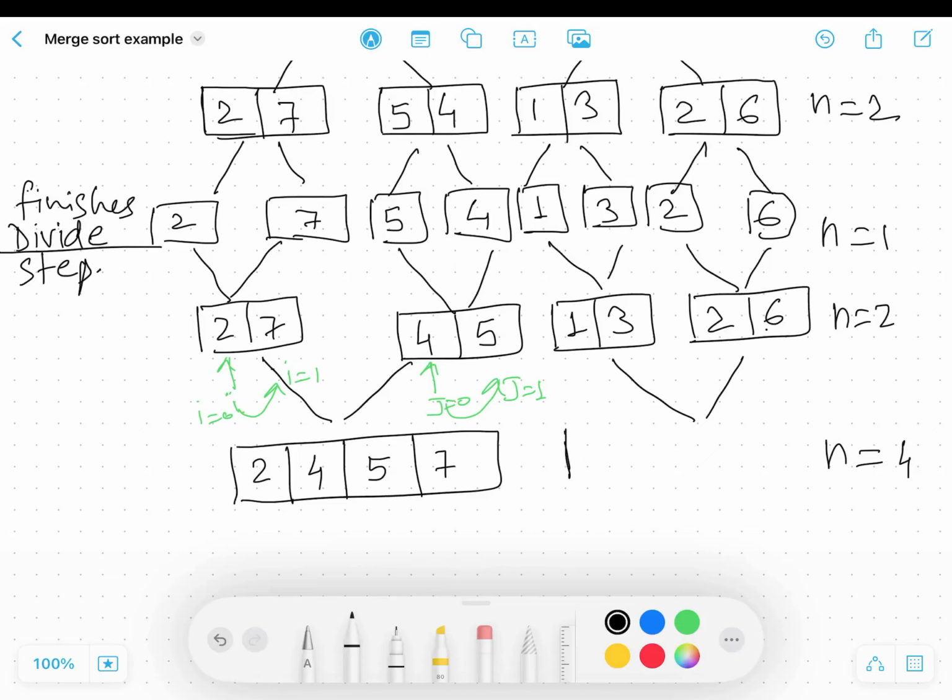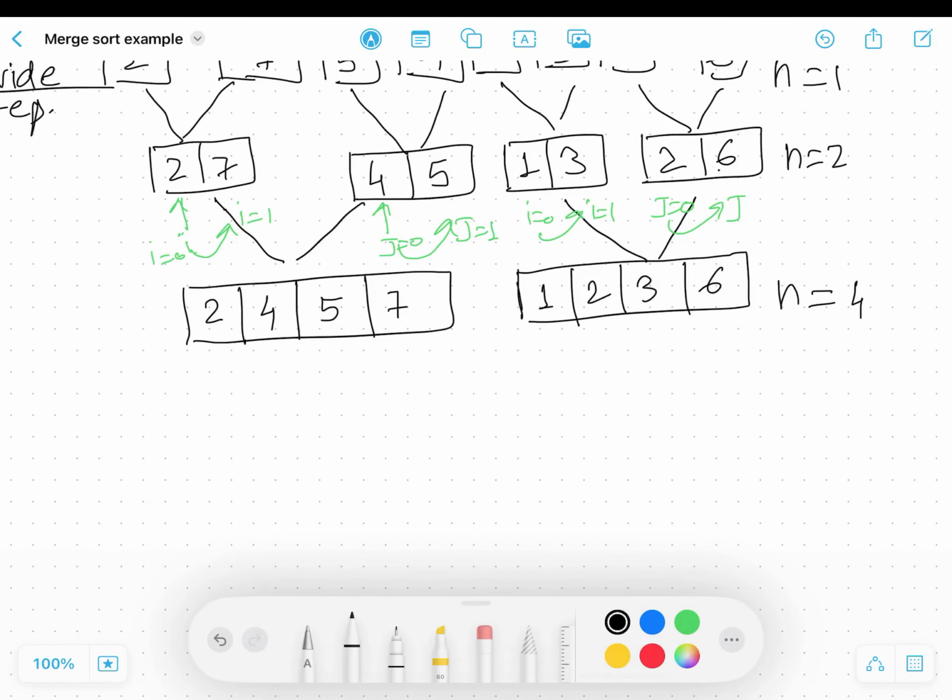Same for the other subsequence. I is equal to 0, j is equal to 0, 1 is smaller, it comes here, I is incremented to 1, then 3 and 2 are compared, 2 is smaller, 2 comes here, I is incremented, right? I'm sorry, j is incremented, then 3 and 6 are compared, 3 is smaller, 3 comes here, and after that 6 comes here. So we get two subsequences which are already sorted, and this is going to be our final step,